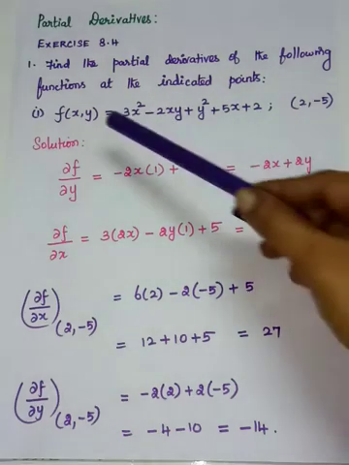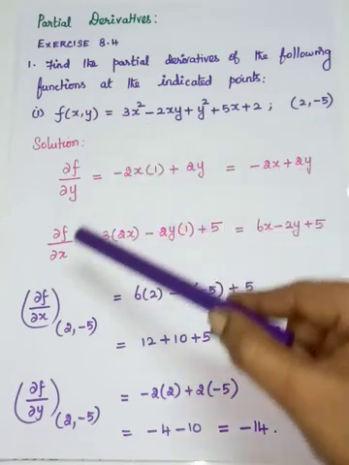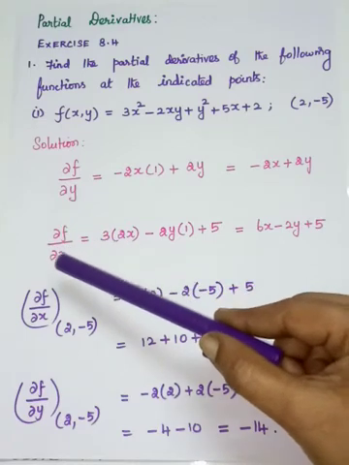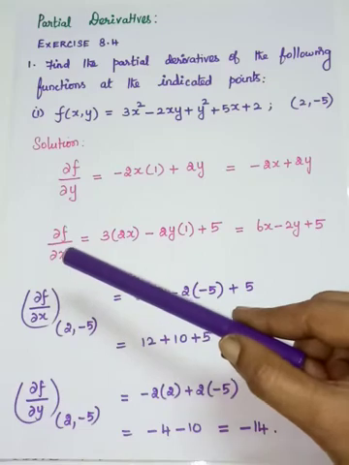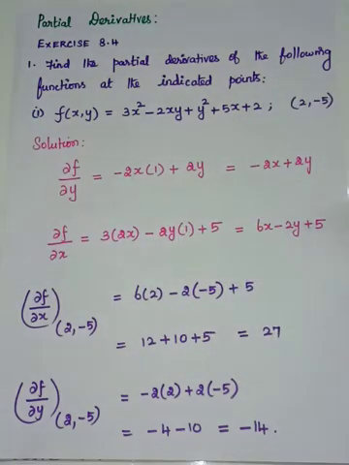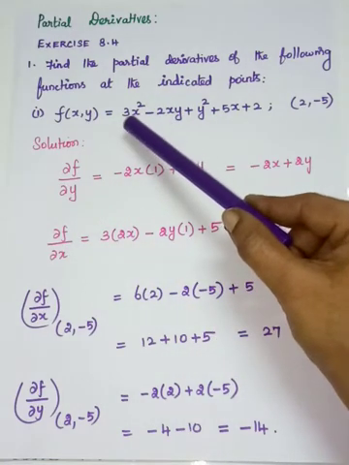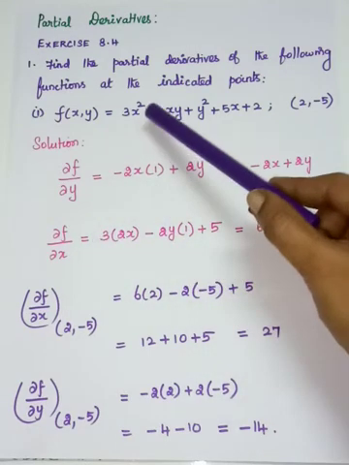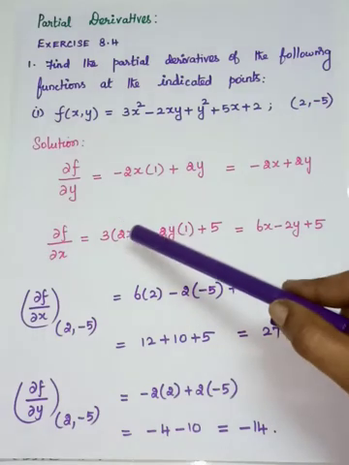Okay, here how many variables are involved? Two variables, x and y. If you are going to differentiate f partially with respect to x, you have to treat the other variable y as constant. You see that now. First you look at that function, 3x squared. So 3 is a constant, and x squared, if you differentiate with respect to x, is 2x.